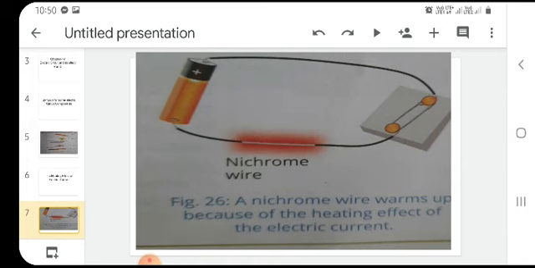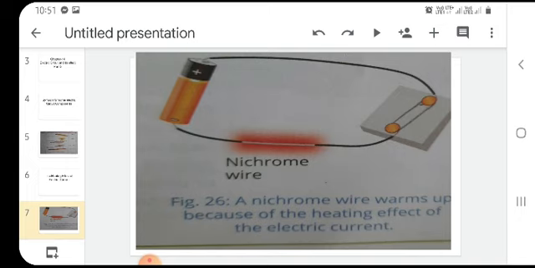Wires made up of copper offer less resistance to the flow of current than most of the other metals. Thus, they produce a smaller amount of heat when used in circuits. Even thin copper wires do not offer a lot of resistance to the flow of current. On the other hand, thin wires made up of tungsten or nichrome, which is an alloy of nickel, iron and chromium, offer higher resistance and heat up to